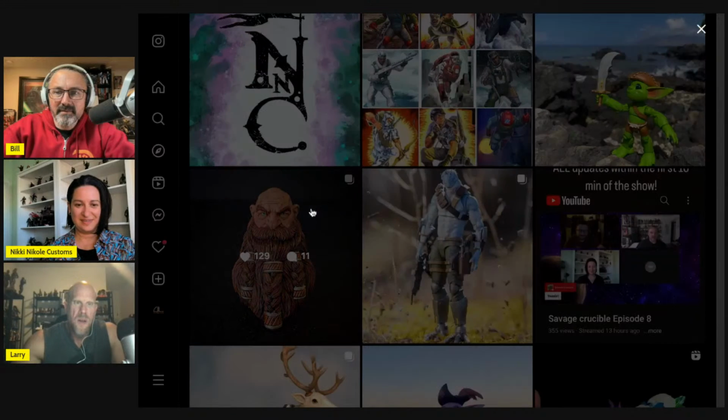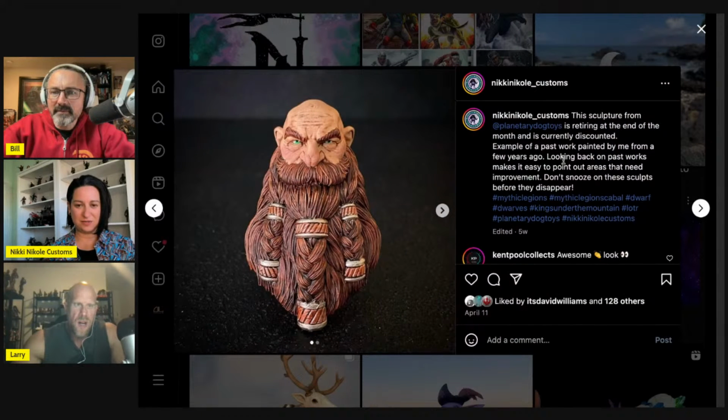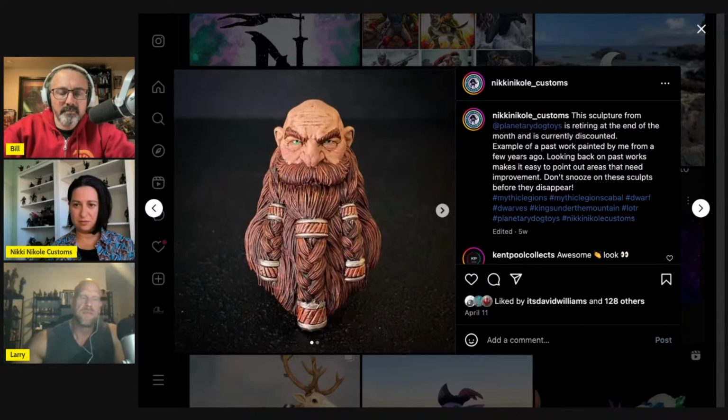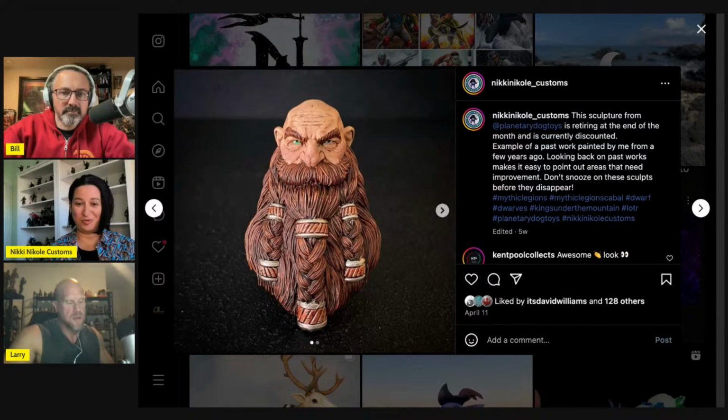Here's a head you painted. Yeah, so that's one from Planetary Dog Toys. Some of you might know he's working on going through every month and retiring some of the sculpts. And so I've been posting a lot of my old stuff from the pieces that I've painted over the years. Most of the stuff that I painted from him was in 2020. It is kind of a tricky thing because as you go on and improve as an artist, I can feel a little self-conscious posting some old work because I'm like, oh, I wasn't so good back then. Right. So there's always a little bit of that element,